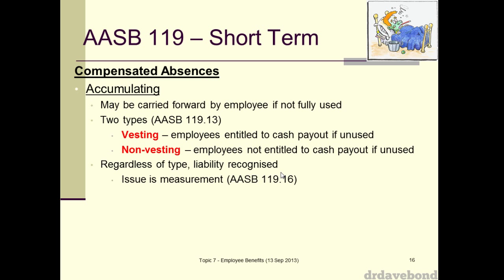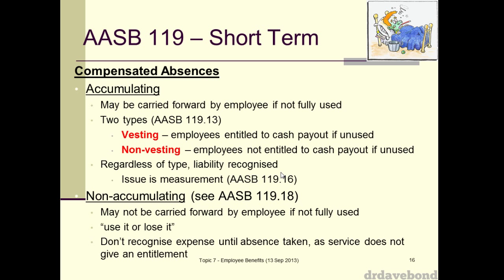So that actually then has an impact on the liability amount that you show. And again, think about the framework definition. The framework definition is looking at the economic outflow. So if it is vesting leave, it doesn't matter whether you're going to get it as leave or whether you get it as a payout. That full amount is going to leave the organization at some point. If it's not vesting, they only are on the hook for that amount of leave they expect you to take.